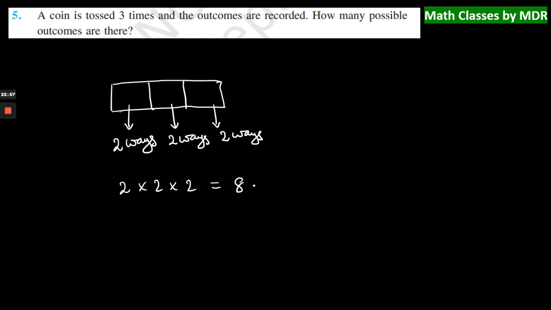That means when the coin is tossed the first time, you can get either head or tail. So you get 2 ways for the first toss, and for the second toss again the same, you'll get 2 ways, and for the third toss also you'll get 2 ways, right? So these are the possible outcomes when a coin is tossed 3 times: head or tail, head or tail, head or tail. From this we'll get total how many combinations? 2 into 2 into 2, that is 8 ways. So total 8 outcomes are possible, like head, tail, head, or head, head, tail, like that, right?